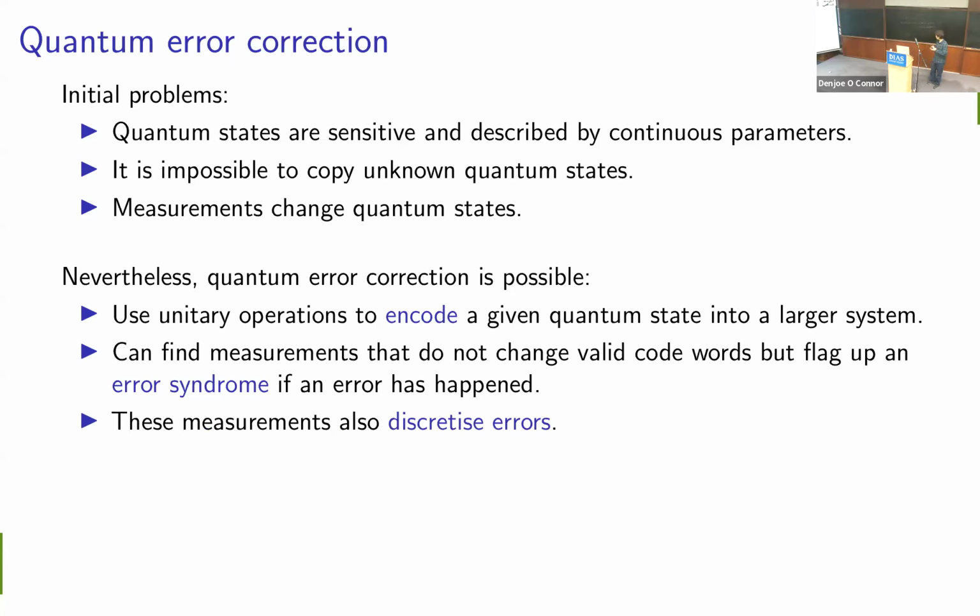So one other thing, the error that I talked about here, this bit flip error, is quite a big change, right? It's not something that makes a really small shift to our state. It goes from one state to an orthogonal state. That's quite a big thing. But it turns out that's actually okay, because here, the way that our measurements change the state actually helps us.